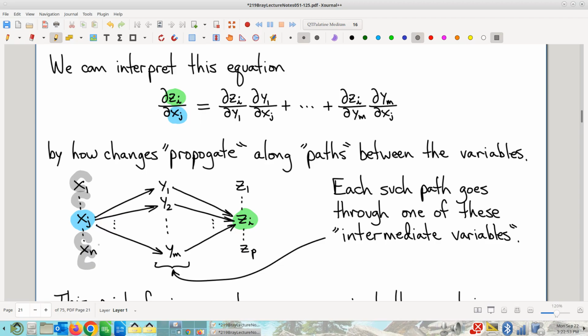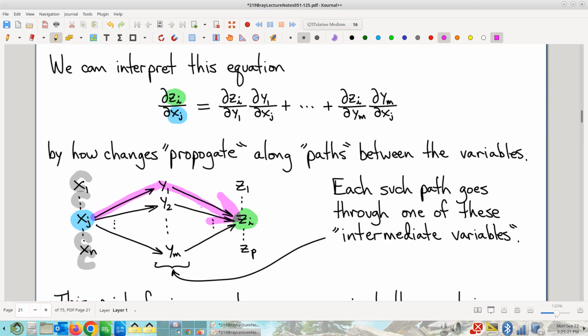Every one of these y's that changes is going to contribute in its own little way to how much zi changes. So, to some extent, changes in xj, I like to say, propagate along this path through y1 to cause a change in zi, but that's not the only